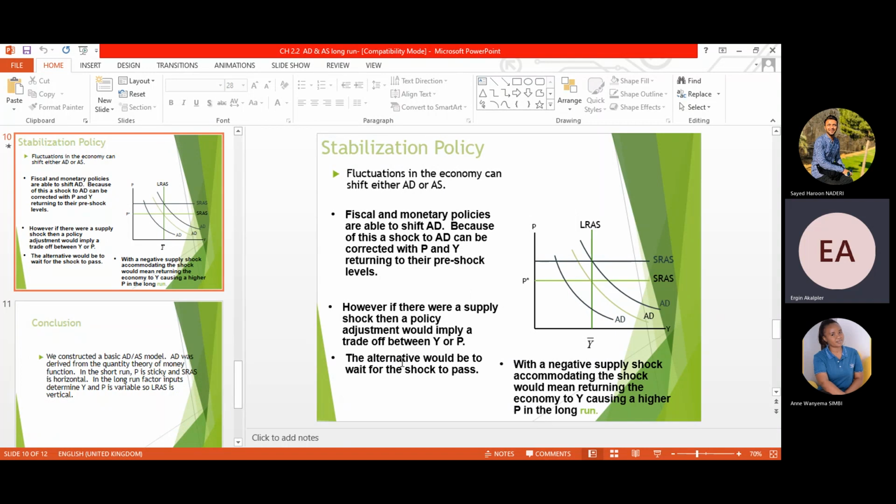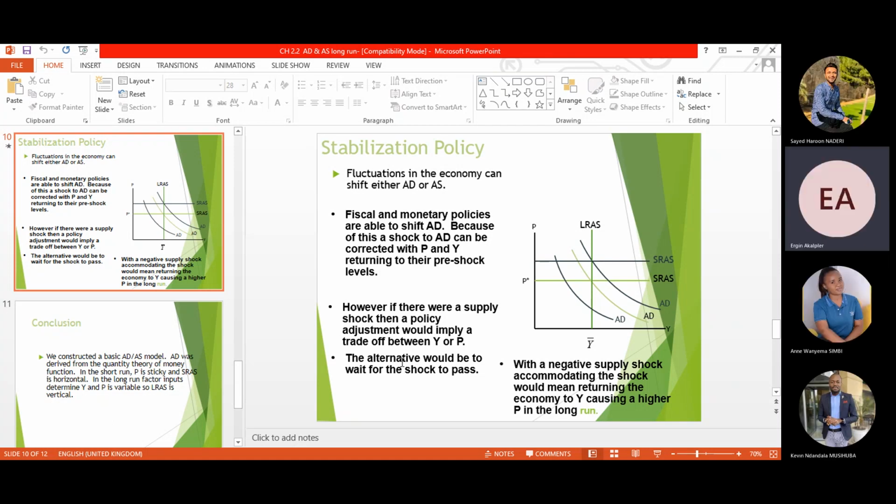Fluctuation in the economy can shift either aggregate demand or aggregate supply. Fiscal and monetary policies are able to shift them, as I mentioned to you. Fiscal policies are the tax policies, and monetary policies are the policies which affect and change the interest rate and some other parameters in the economy by using bond and stock market papers. I don't know if you know this from the former